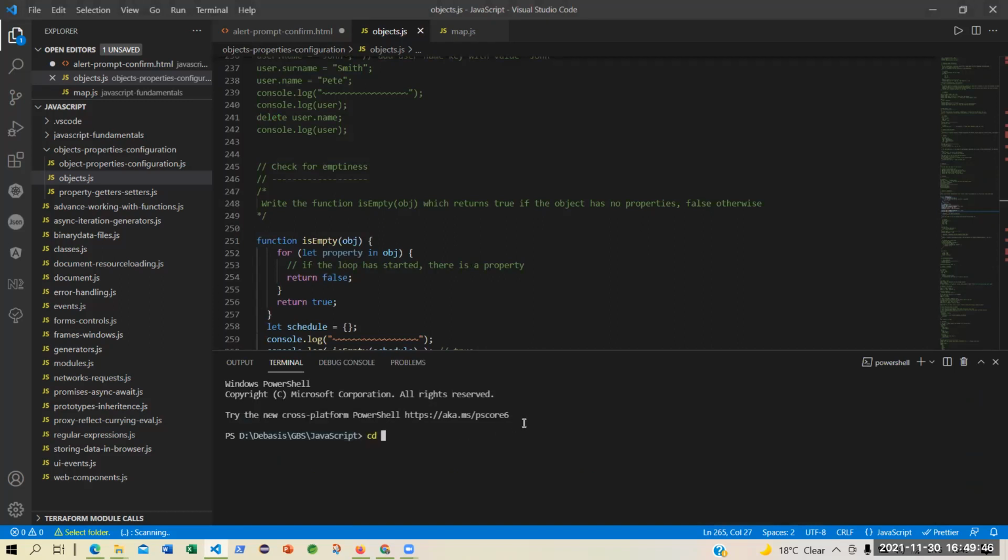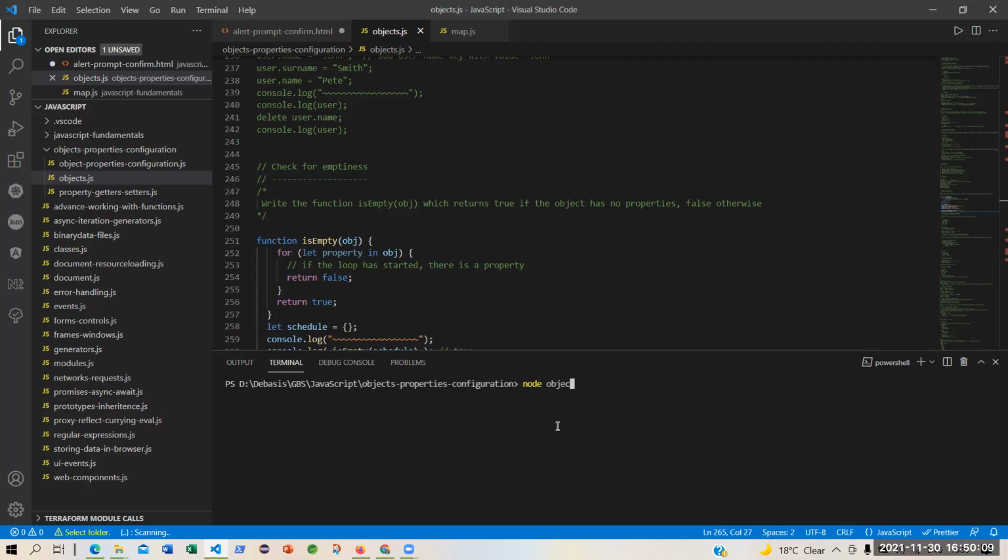I will go to where I am, where these are the object properties and configuration folder. I cannot write so many big folder names. I will just say tab. I am there. I will say enter, and then I will say node objects, and you say tab.